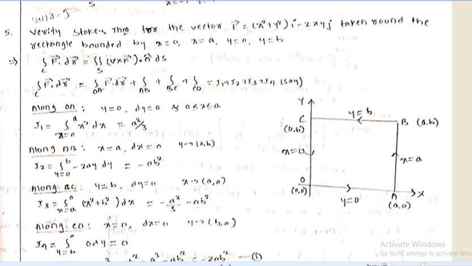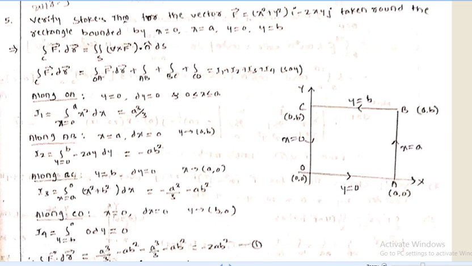So the integration along the curve C, ∮ F · dr, is equal to: first we move from O to A, that is the OA line F · dr, plus next we move from A to B, which is x = a, then B to C, and last one is C to O. So it starts from O to A to B, B to C and C to O. So we'll get the four integrations OA, AB, BC and CO. Now we integrate these four terms separately, then we add the results here.